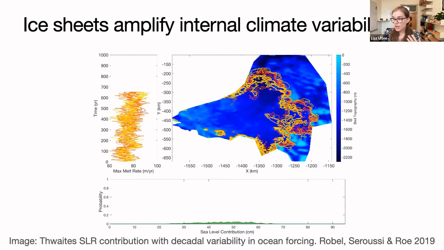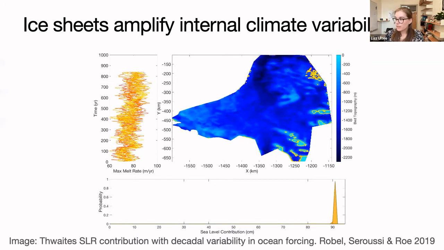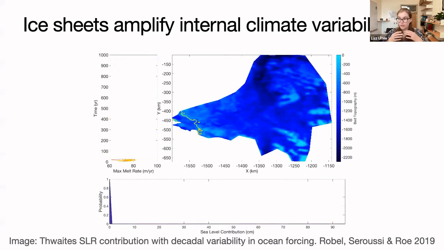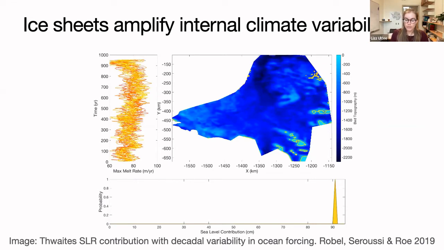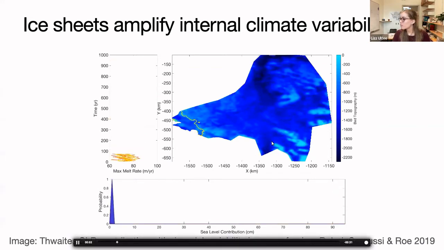And what you see at the top left is the maximum ocean melt rate, which is variable. And at the top right, you see the retreating grounding line of the glacier. And what you can see from this simulation is that the probability distribution of sea level contribution spreads out, and many different possibilities become approximately equally probable. So it helps to treat it as stochastic. So that is the motivation